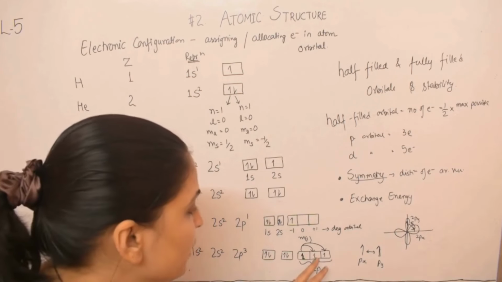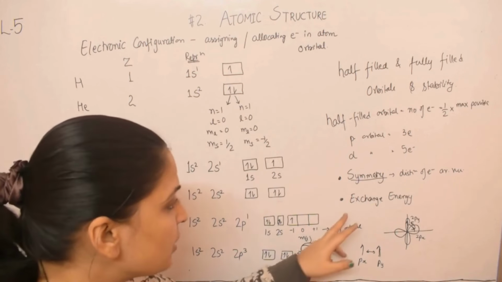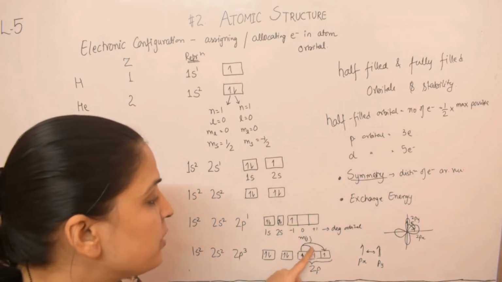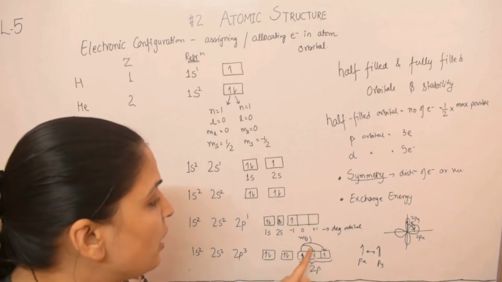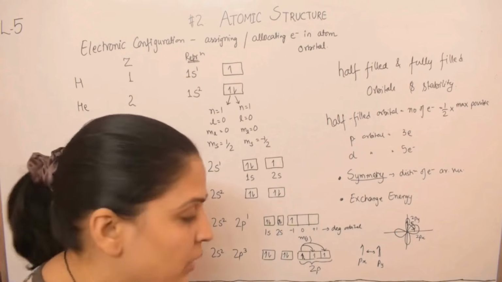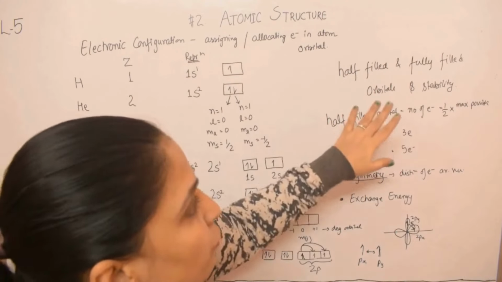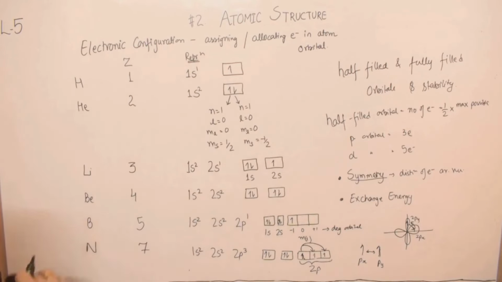Similar applies to py and pz orbitals, right? So this exchange energy, the possible orbitals or possible spaces where this electron can tunnel, gives me an amount of exchange energy, and the more the possibility, the higher will be the stability. Similar points are associated with fully filled orbitals. For example, we are talking about neon.